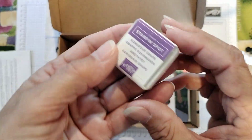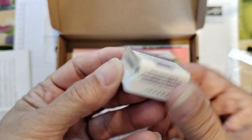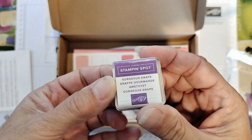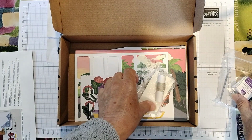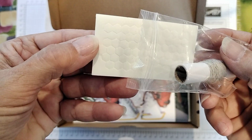You get an ink spot. So this one is Gorgeous Grape, but I'm just using my ink pad, so I haven't even opened this ink spot. Sometimes I'll use the spots if I'm stamping small stamps, or I sometimes give them away to customers at special events. The other things you'll find in the kit are some dimensionals,